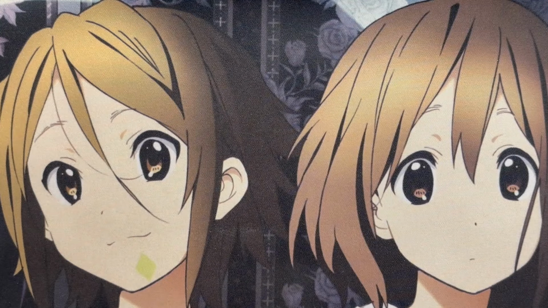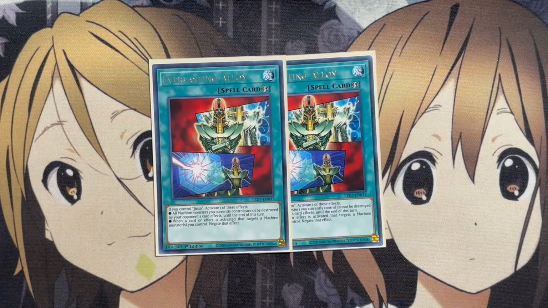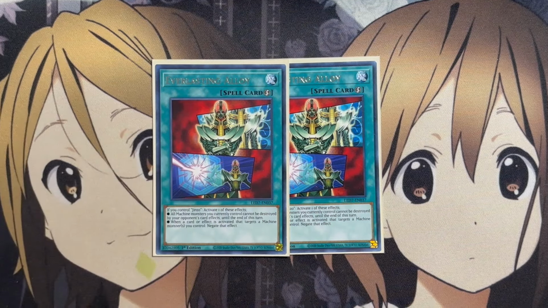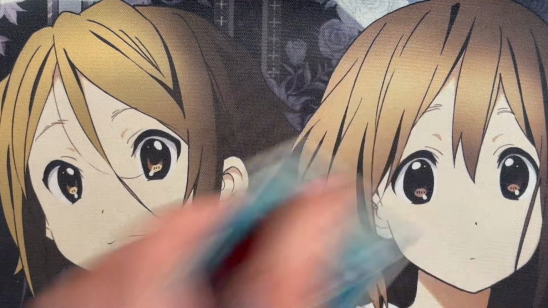And then also same premise with our other quick play spell in the deck, and that is Everlasting Alloy. If you control Jinzo, activate one of these effects. All machine monsters you currently control cannot be destroyed by your opponent's card effects until the end of this turn. Or, when a card or effect is activated that targets a machine monster you control, negate that effect. So just being able to activate one of these options, protection from any other destruction effects our opponent may try to do, or even more of an effect negation using this card also. You have back row options in this deck that can at least protect your Jinzo monsters from your opponent's other